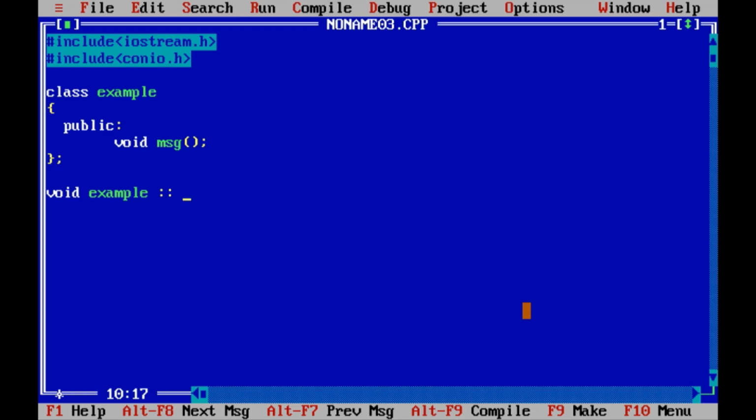Whenever we write the whole function outside of the class, msg. Here we are giving just a message, that is, this is msg function.